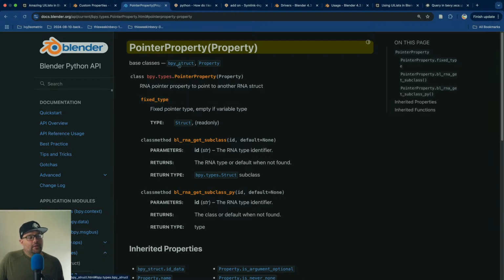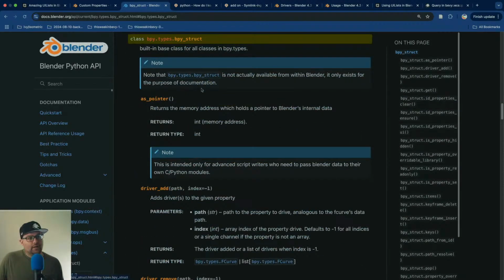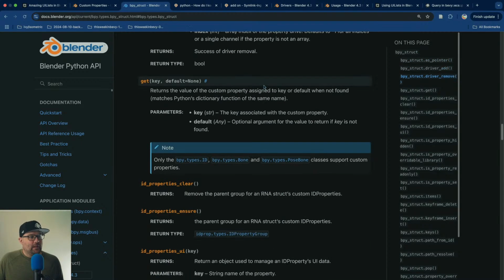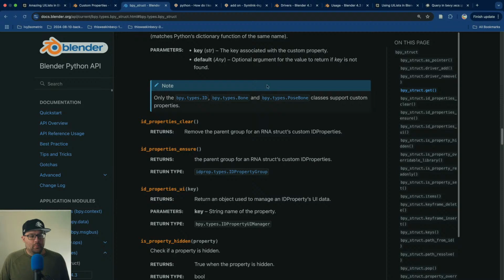And it's like, okay, there's a couple of base classes, bpy_struct and property. But if you click on bpy_struct, this is a built-in base class, but it gives you a note that this actually doesn't exist. So like, good luck. You can't make anything a bpy_struct. It's only here for documentation purposes. And I get that some of that is like, hey, we're using Python as a scripting language on top of something else, and that makes it tough, but